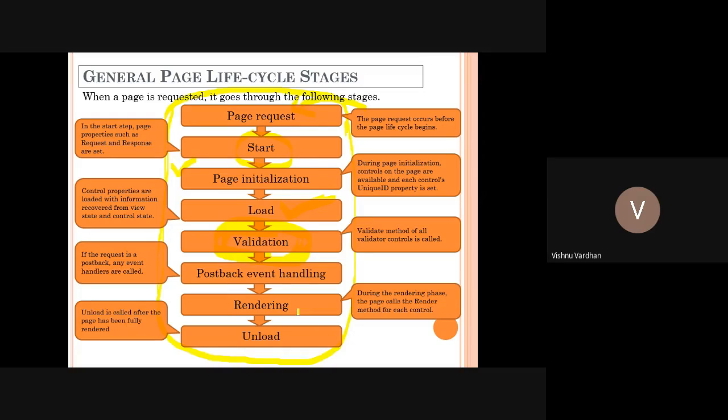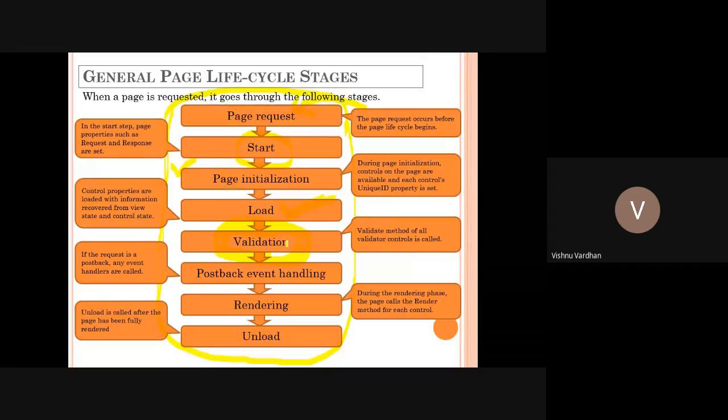Then comes rendering. Rendering is there to display the content on the web browser. How it has to be rendered, the colors, the themes, the graphical user interface which you see on the browser, all these are part of rendering. Every control is rendered at this triggering point. So naturally, whenever any page request is made from the client, all these ASP.NET page lifecycle triggering mechanisms will kick in automatically.